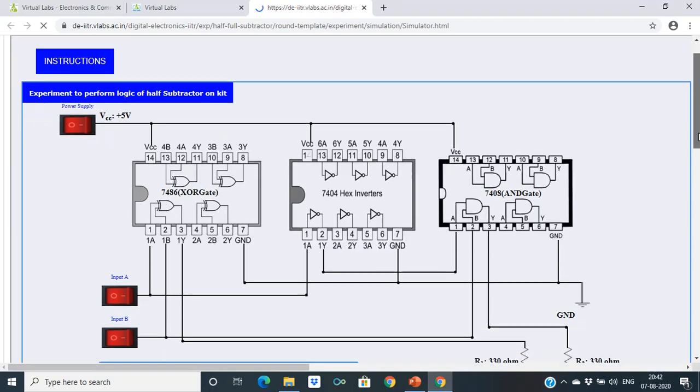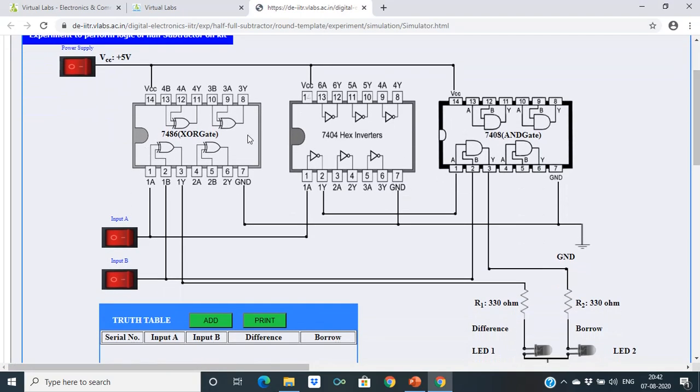So for half subtractor you can see you have to place these ICs on the breadboard, then connect all the 14 pins with VCC, and ground all the 7 pins. So you can see all 7 pins are grounded. Then you have to give A and B inputs. You can use switches for these.